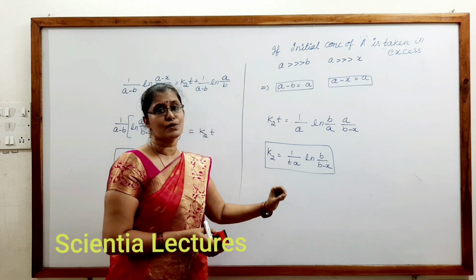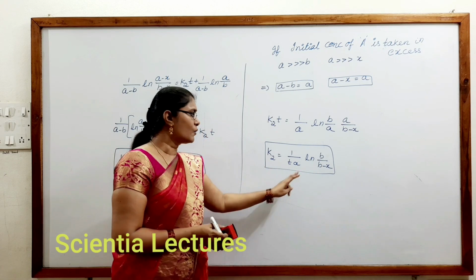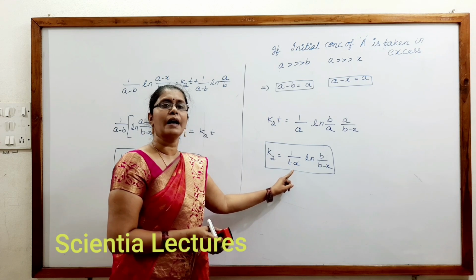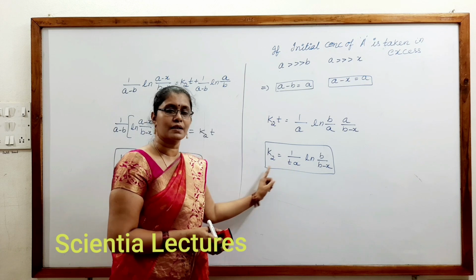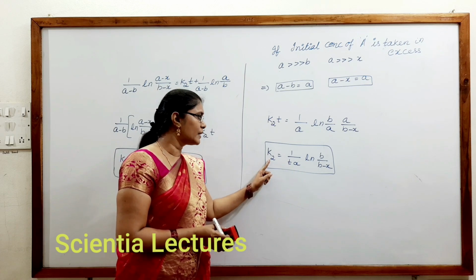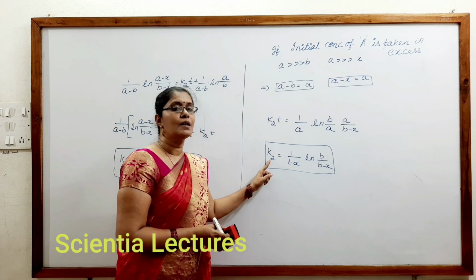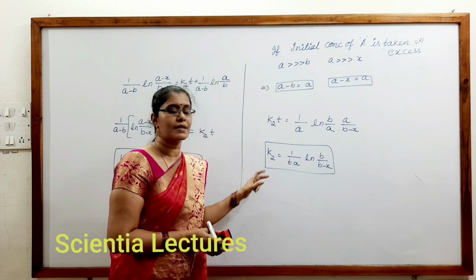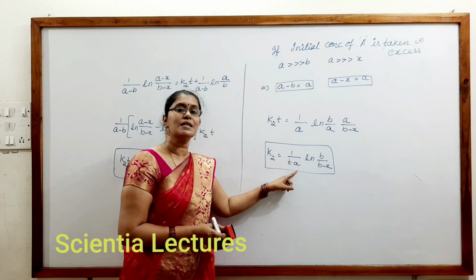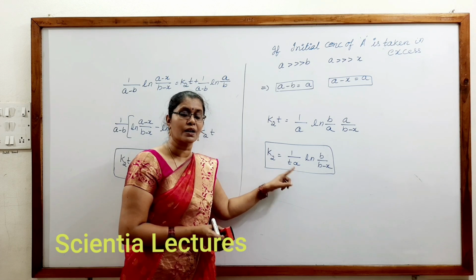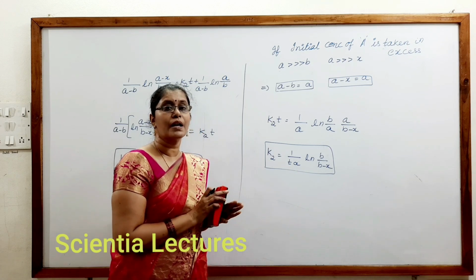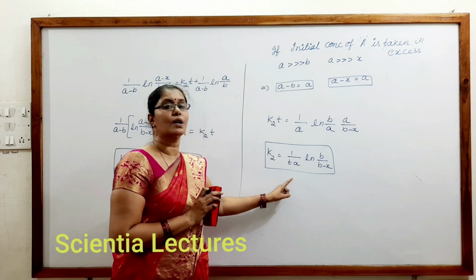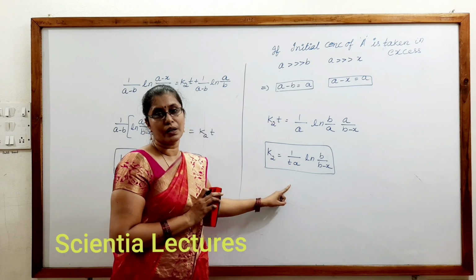In few cases of the problems, for competitive exams, you have to remember that this kind of question also will be asked. They'll ask you to find the rate constant of a pseudo first order reaction. They mention that one is taken in excess, and its concentration which is taken in excess will be given in the question. In that case, you can't apply a normal first order rate equation. This is the rate equation of pseudo first order reaction.